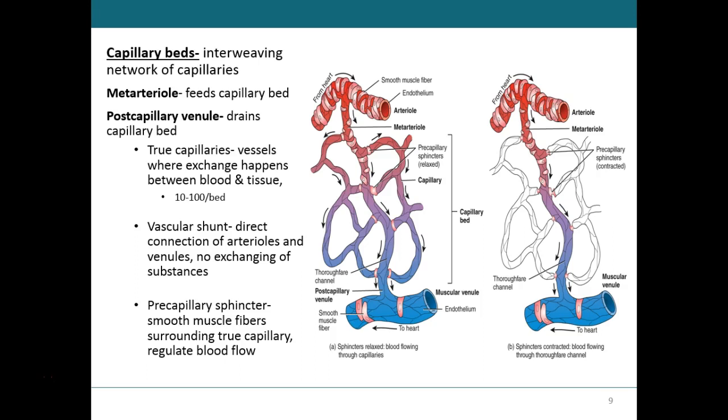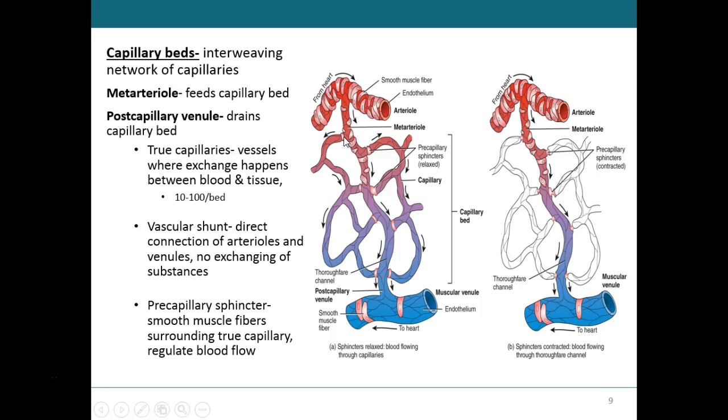You can survive without your fingers, but it's a little more difficult to survive without your heart and without your brain, right? This is also the same thing that happens when you have a fight or flight response. What happens, right? Your digestive system gets shut down, so you have vasoconstriction and precapillary sphincters clamping down in the digestive and urinary systems, so that blood rushes through without going through the capillaries, right? You don't want all that metabolic action with all those nutrients and oxygen going to your digestive and urinary systems. If you've got to fight a bear, the last thing you need to do is stop and pee and poop, right? So we shut down the blood supply or limit the blood supply to those tissues, and